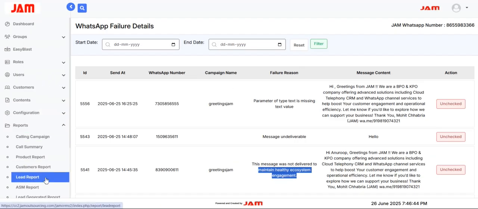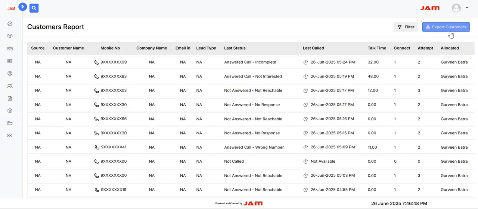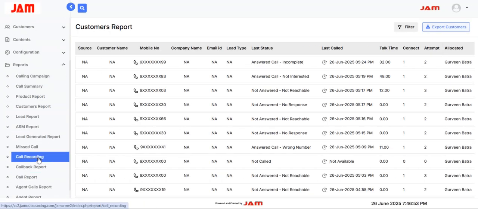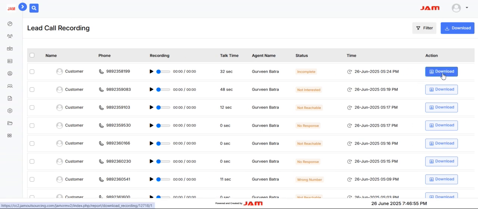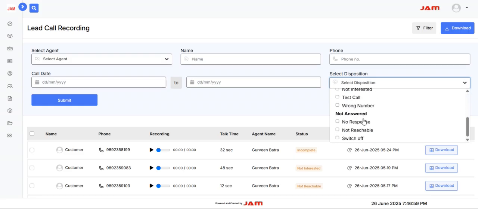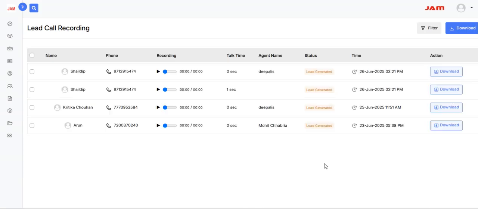In reports, we can develop the reports for you, but as a standard, we'll provide you the customer report, which can be downloaded in Excel format. We'll provide you the call recording, where you can download one by one. Bulk recording option is given. You can filter based on disposition and you can just download the recordings based on the disposition filters.